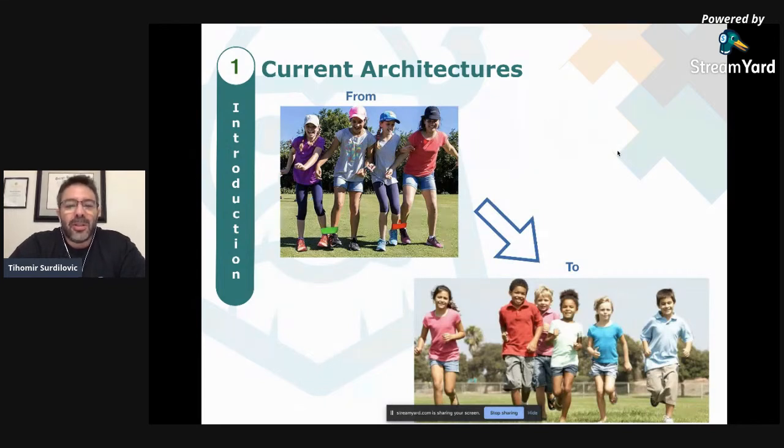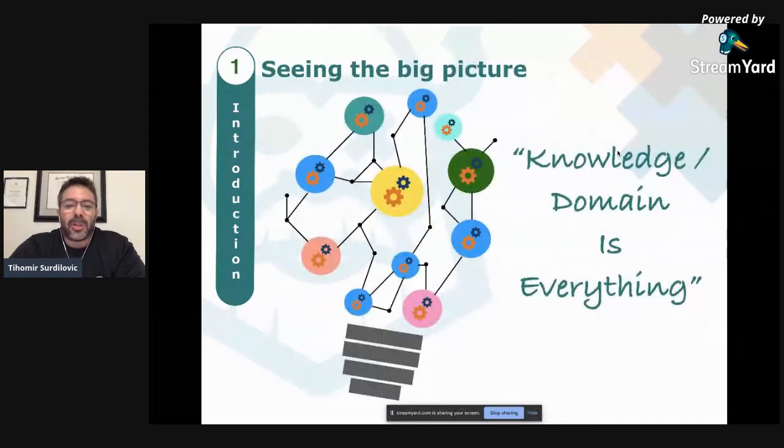The way I kind of look at this is, if you guys have ever seen a three-legged race where your leg is tied together with another person. In the picture on the top, you'll see if one of these kids falls, all of them are probably going to fall. This is kind of like our monolithic architectures in the past, compared to something more free, where you see these kids running, where each part of our application can independently scale, be isolated, and scale on its own without affecting the rest of the architecture that we have.